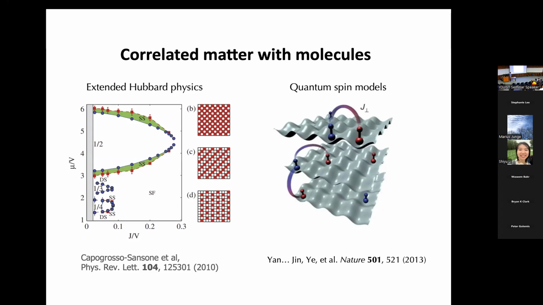Another thing you can do is you can pin them down on sites, and you can encode a qubit in two rotational levels. So a spin 1/2 in two rotational levels. So you can imagine, for example, a molecule that is not rotating as one level of the qubit, and a molecule that's rotating with 1 unit of angular momentum. And these tend to be pretty long-lived, like on the second scale. And now they can interact with each other through the dipolar interactions. So these can be used to engineer things like spin systems.